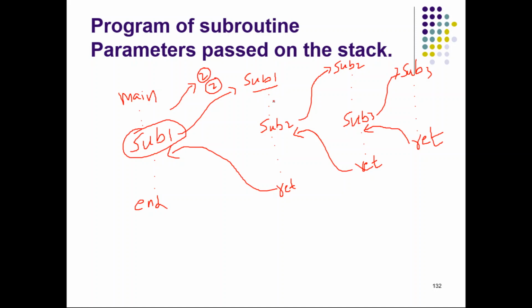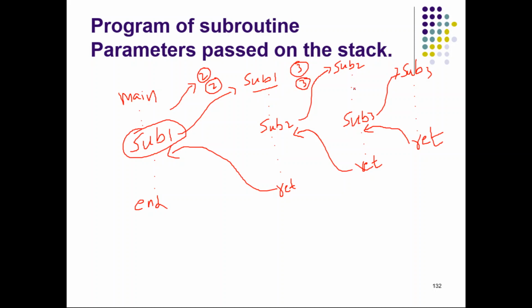Now subroutine 1 is executing, but there is a call to subroutine 2. Now control transfers to subroutine 2. So before transferring the control to subroutine 2, assume subroutine 1 is passing 3 parameters to subroutine 2. So these 3 parameters should be pushed into the stack. Assume subroutine 2 wants to use 3 registers. Again, the registers may be used by subroutine 1, so those register values should be saved into the stack. So that will be another 3.